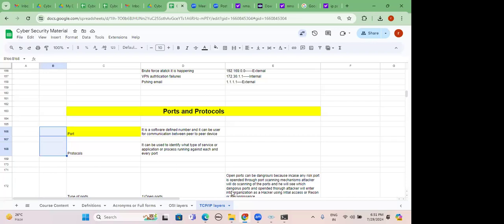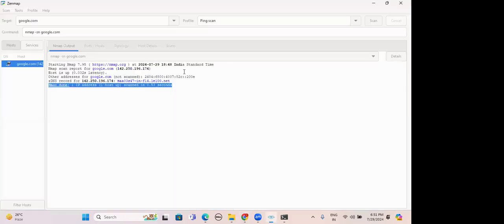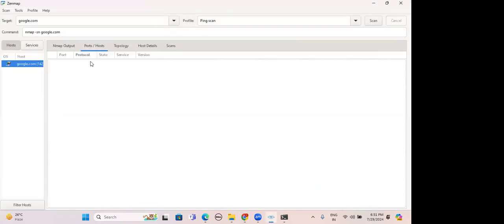Okay, now go back to our Nmap tool. I will click on ports and hosts. Here, for google.com under topology, you can see localhost. I said the loopback address always represents a loop within the system itself. In our case, the Nmap tool right now is using the loopback address